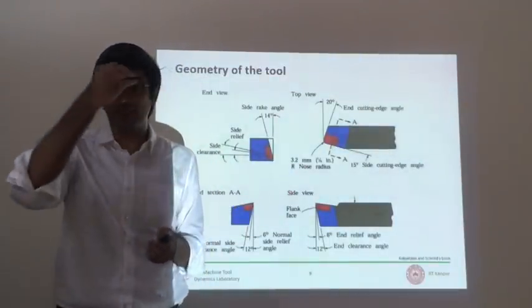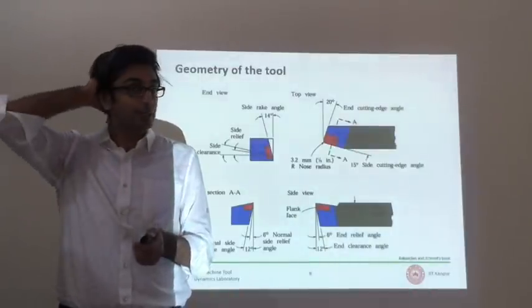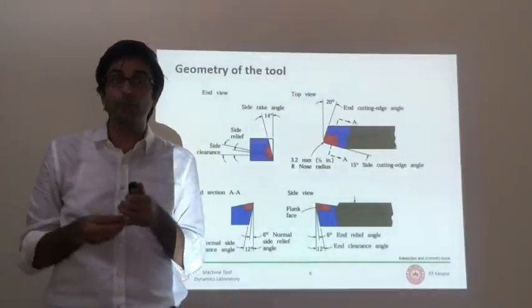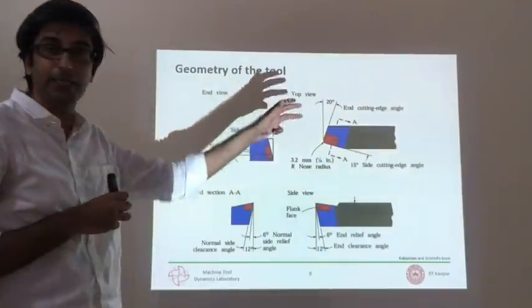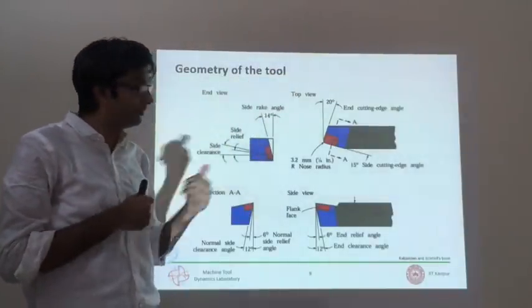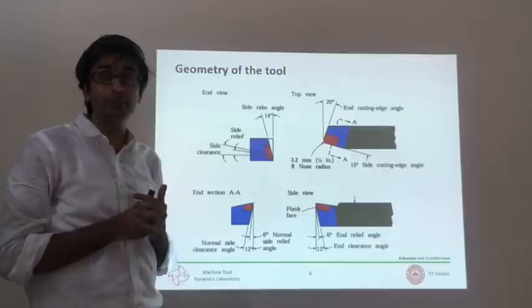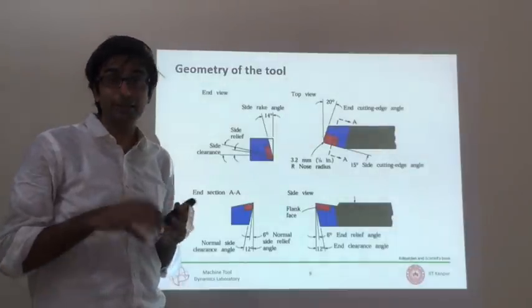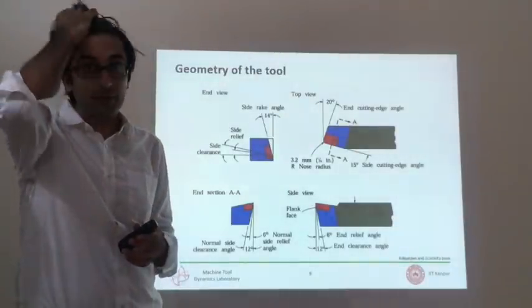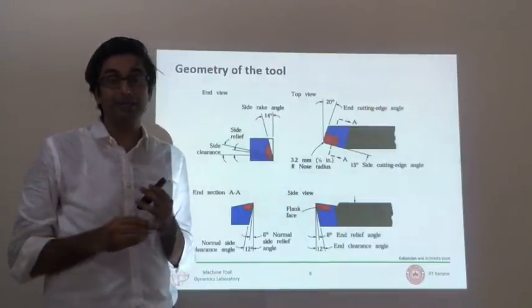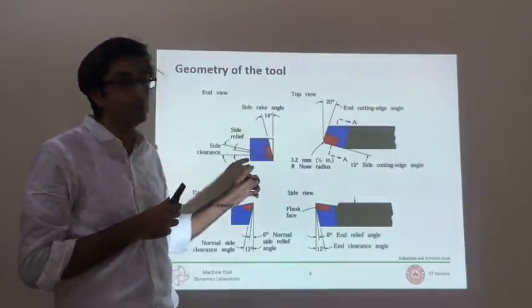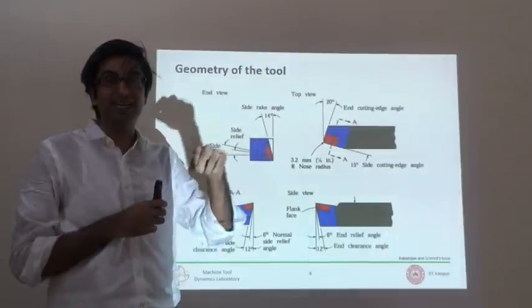As you will see when we discuss the subsequent slides, tool geometries can be a little more complicated compared to this Mickey Mouse kind of simple geometry. But even for this, there are 11 different parameters to define. And each of these is actually important. They're not just for the tool to look good. They're there because they are important in how they contribute to cutting.